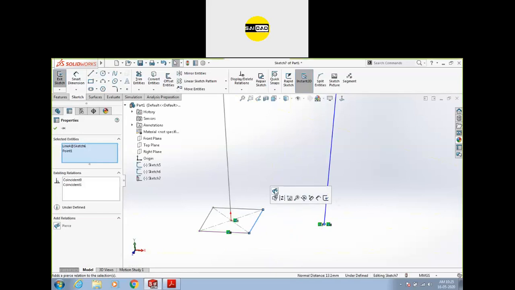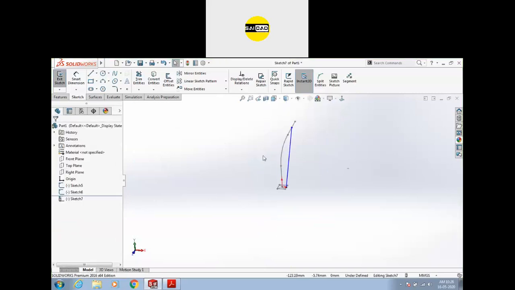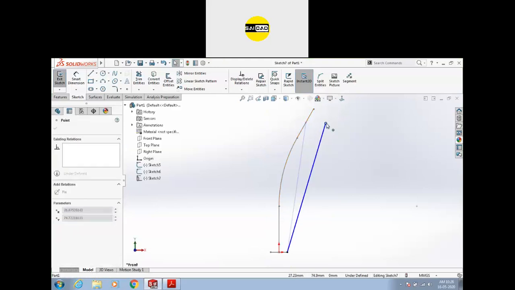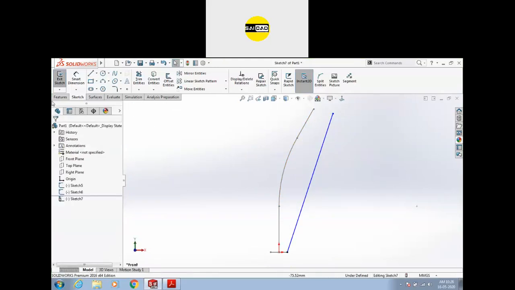If you don't see your coincident relation, Pierce is also a coincident, but it is with the other surfaces or other sketches. Okay, so I'm going to create a Pierce relation, and this should be somewhere here.